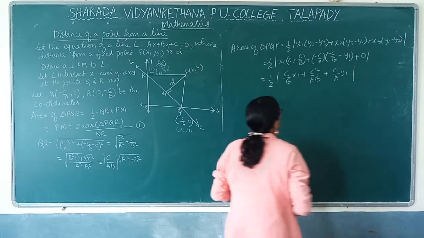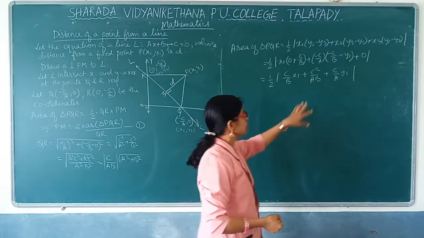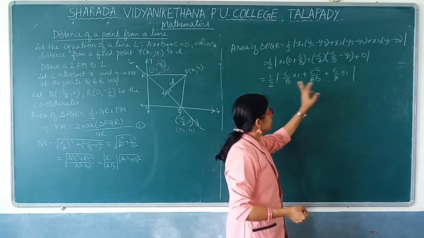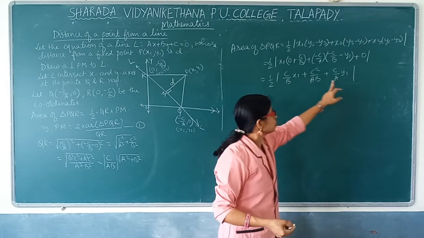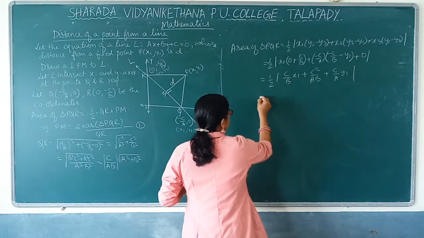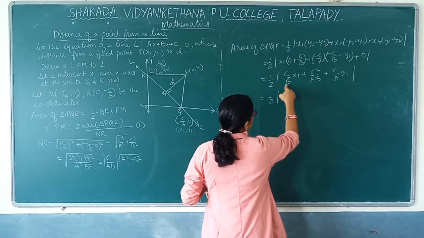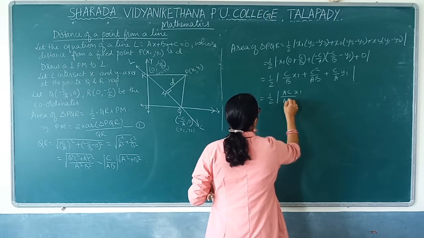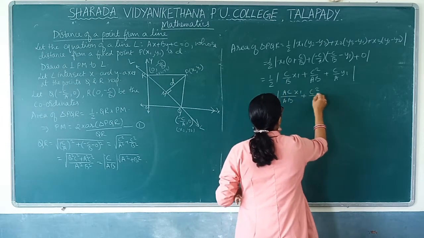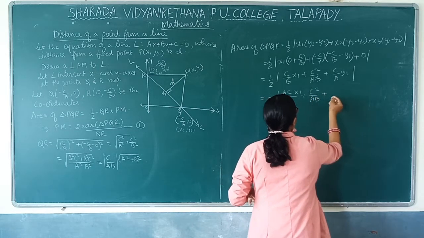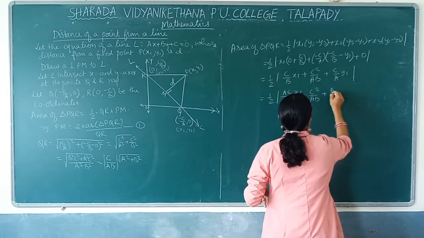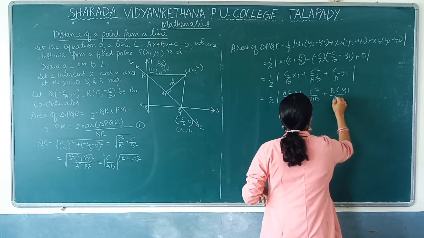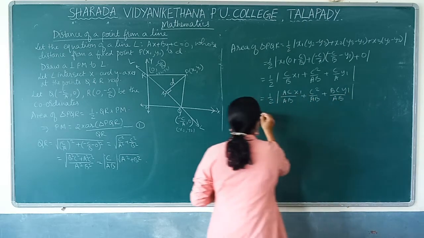This is the expression. Again we need to take the LCM here. Denominator is ab here, here b, here a. So both these expressions will be multiplied and divided by b and a respectively. Here we need a. So it is ac x1 by ab plus, here nothing to do as it is because denominator is already ab. Here we require b. So it is bc y1 by ab. So what is common throughout?